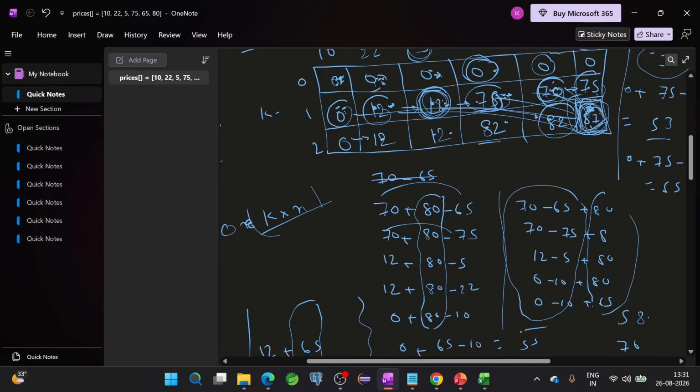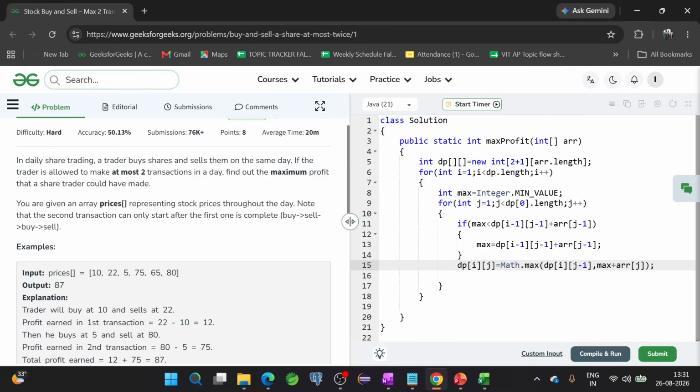So whatever maximum we are rotating from here, that will add to this one, that will be the answer. Then I have to return dp of last one, that is k and array dot length minus 1, this will be the answer. Okay,